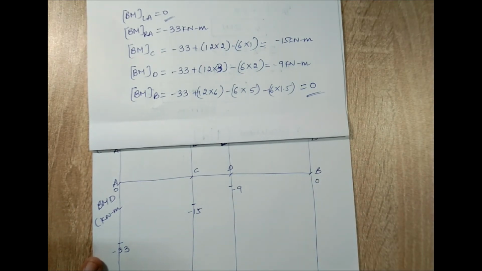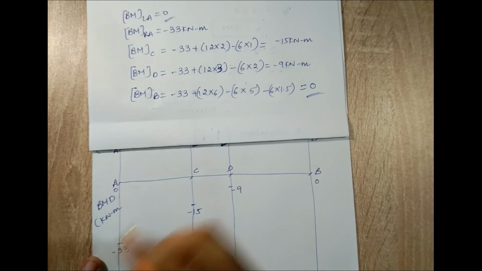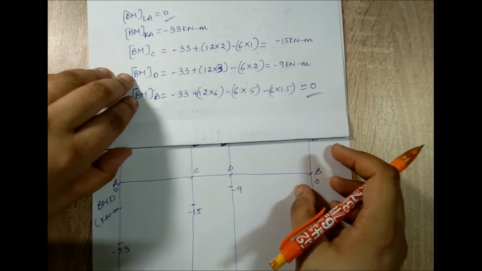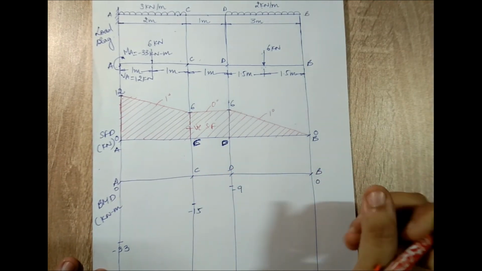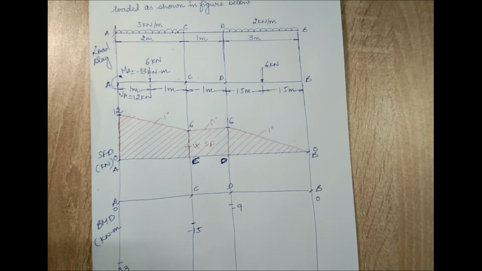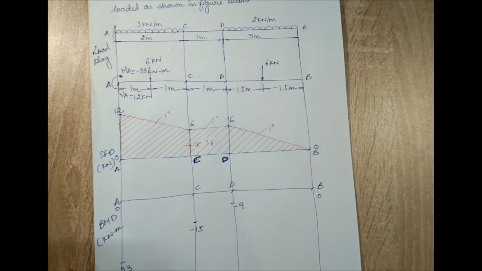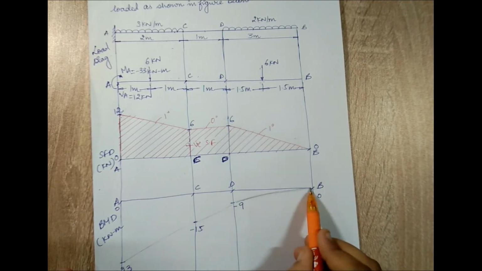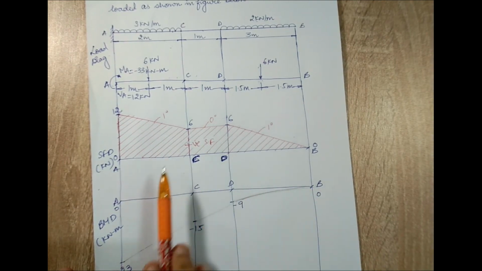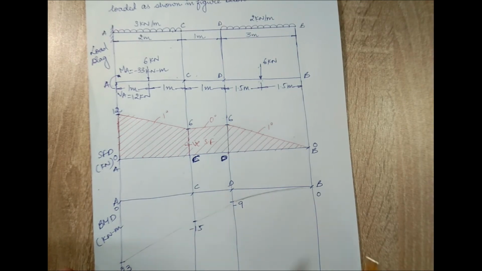Now here I am going to start with the help of a pencil because I have curved lines for the UDL portion, and for the no load condition again the lines are going to be linear. So first I'll use a pencil to join. 0 to 33 is a straight line. From 33 to 15 I'll draw a straight line first. 15 to 9 again a straight line, and from 9 to 0 I'll draw a straight line. Now if you observe carefully, this portion A to C is UDL and D to B is also a UDL.